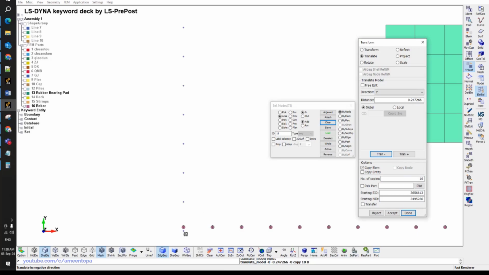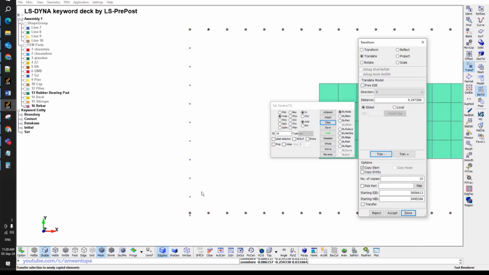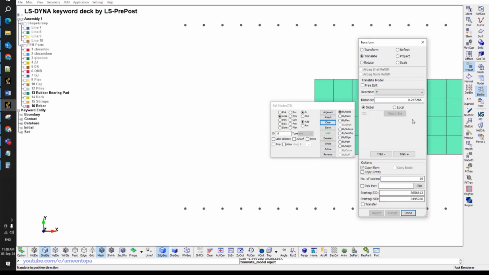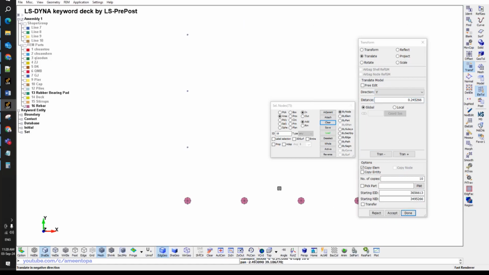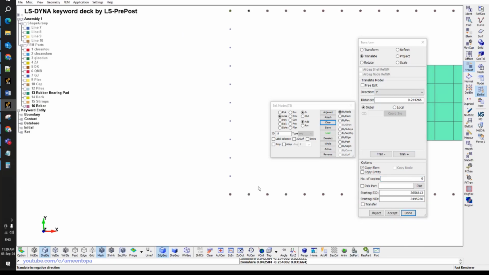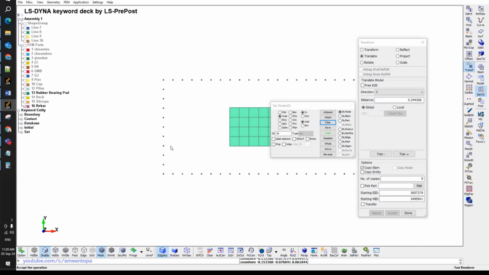Okay. So we can see that this distance is not correct. I'm not sure why, but that's fine. 10 elements is not good. Maybe I will make it a bit smaller distance. Even a bit smaller. No, this is too much. Okay. So only 9 elements are needed. Okay. Accept. Now again, I go to the